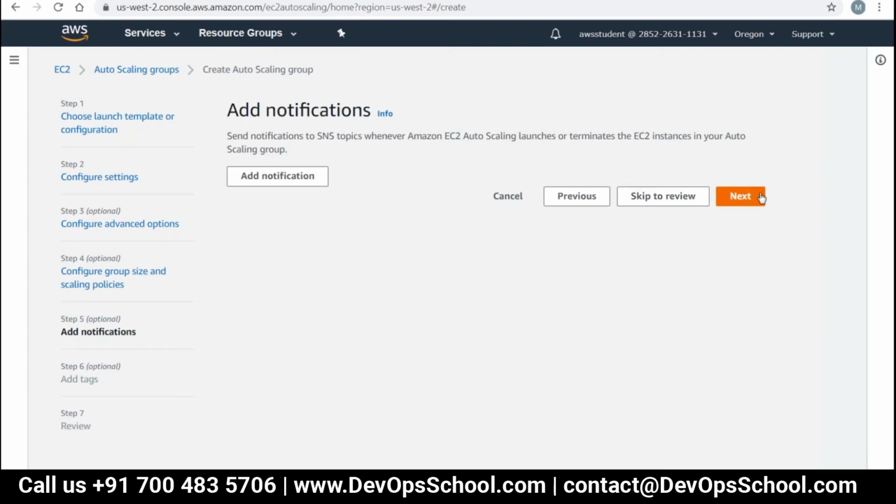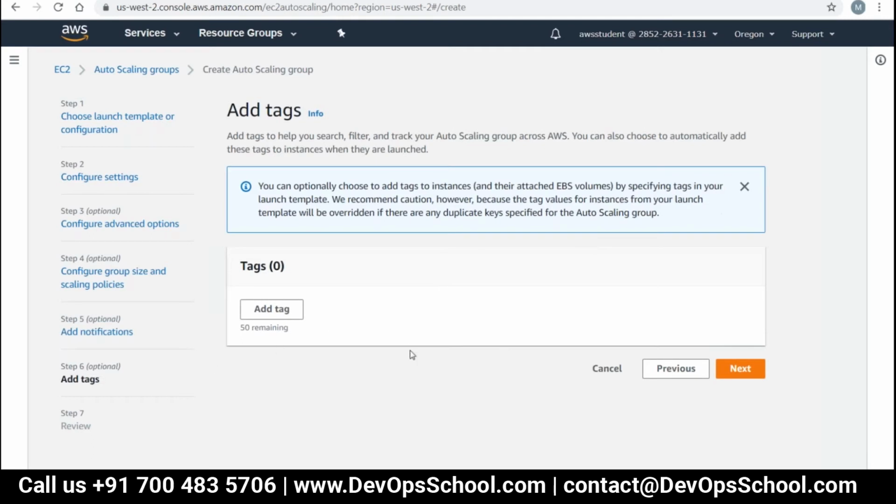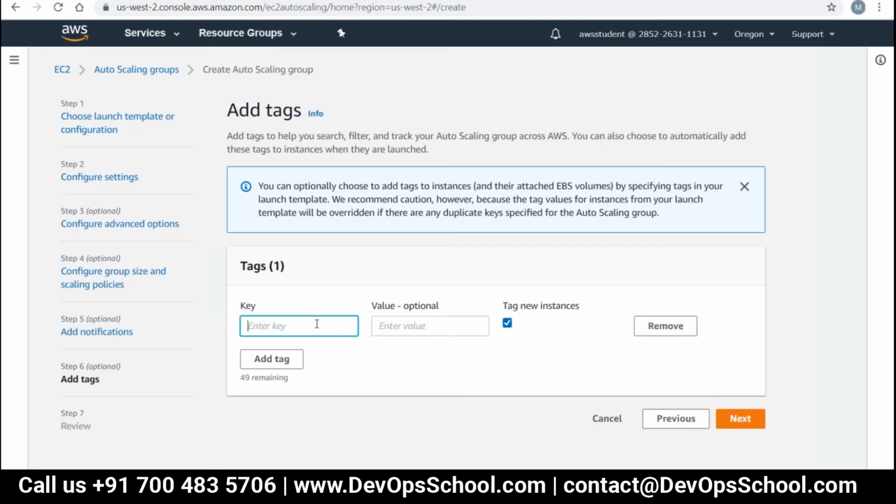I'll not use any notification. Then there is this configure tags. You can add some tags here. And value lab instance. Then click on next.